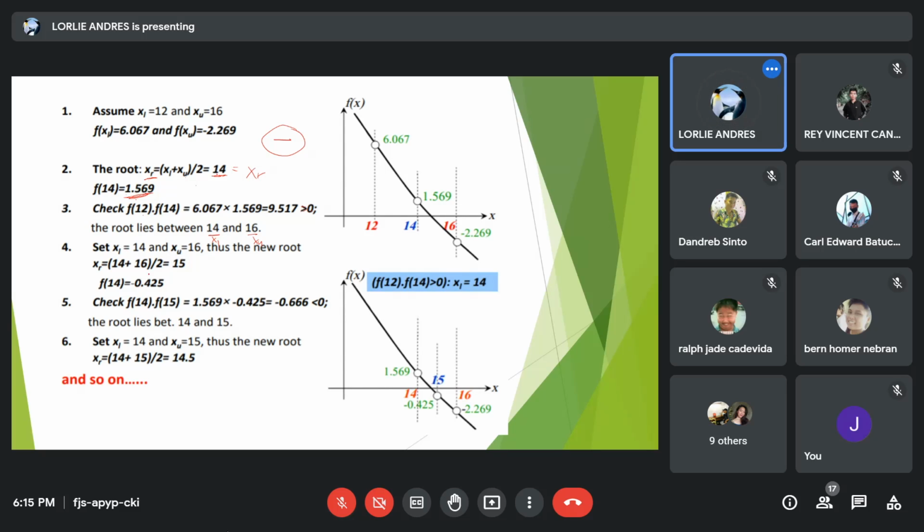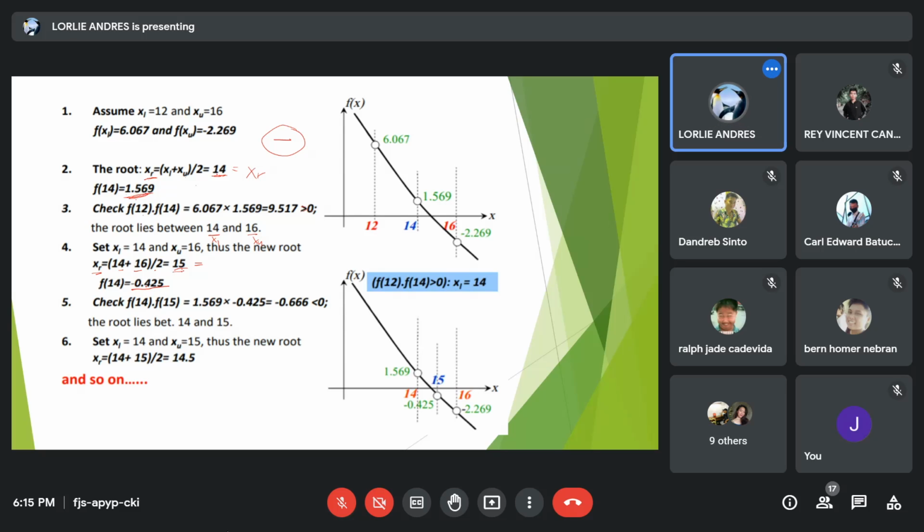Then, next iteration, you get x sub R. X sub R is equal to x sub L plus x sub U over 2. So, 14 plus 16 divided by 2 is equal to 15. So, meaning, this is now your current value of x sub R. Then, substitute 15 into the equation, the f of c as your c. So, the result is negative